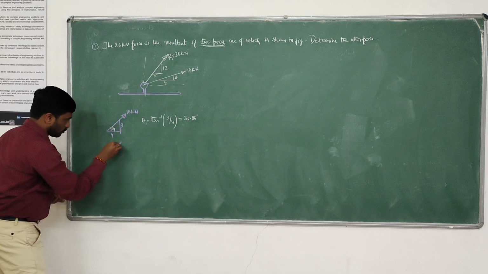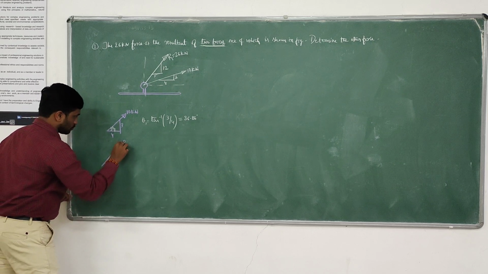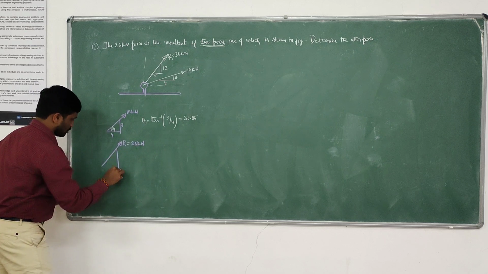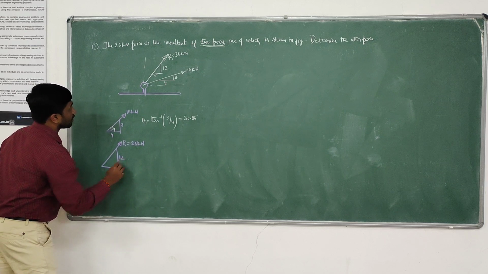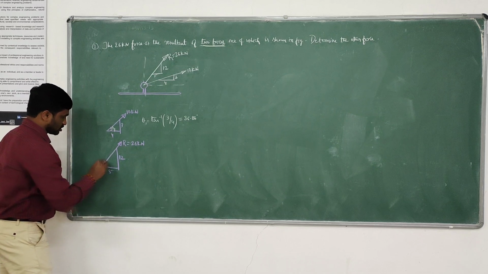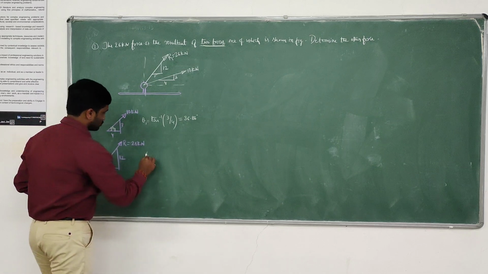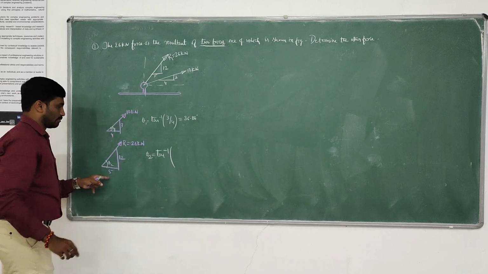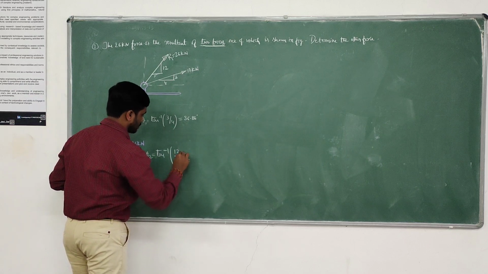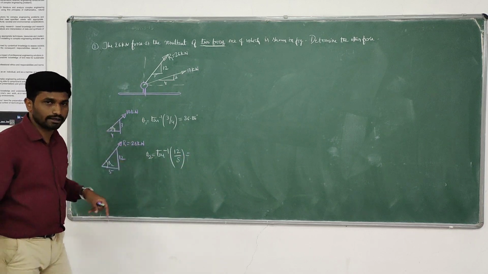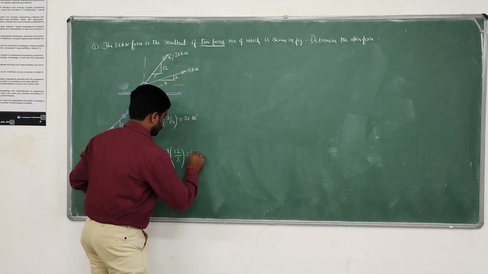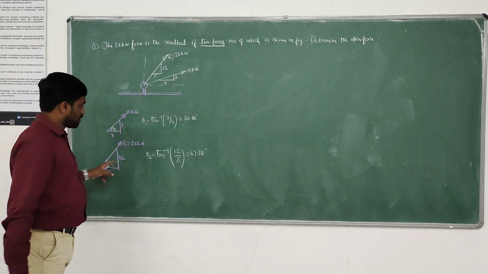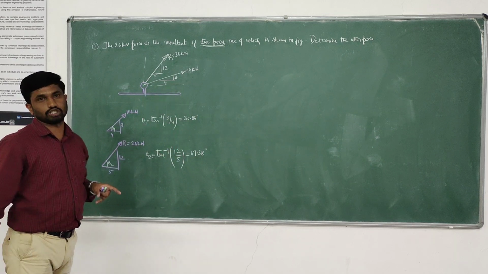Now I am coming to the second, that is the resultant force. R equals 26 kilonewton. Here the values are 12 and 5. I'll take this as theta 2. So tan theta 2 equals 12 by 5, opposite by adjacent. Theta 2 equals tan inverse of 12 by 5, how much? 67.38 degree. So now we got the resultant inclination as well as the single force inclination.